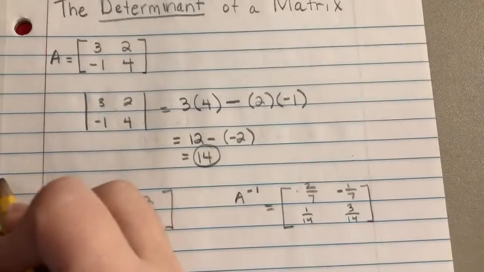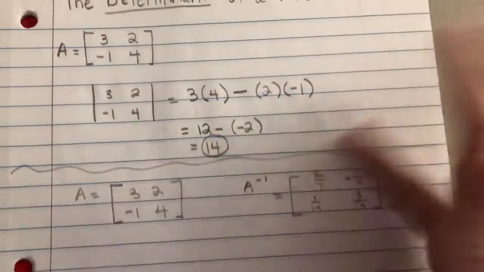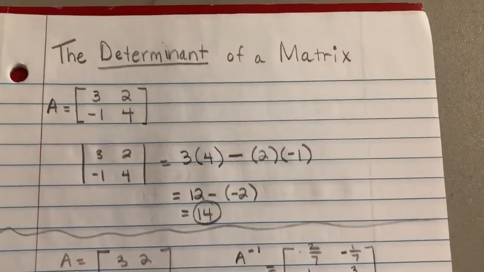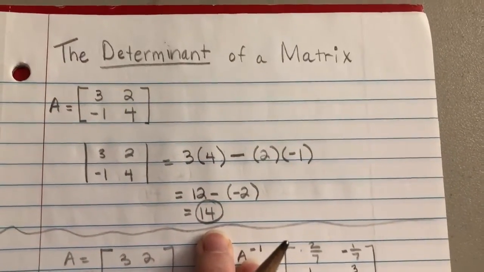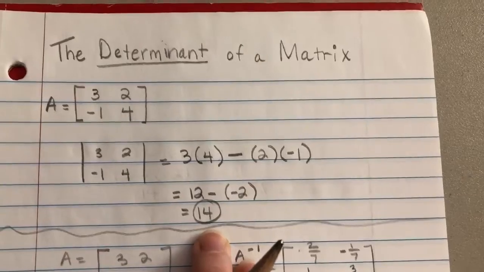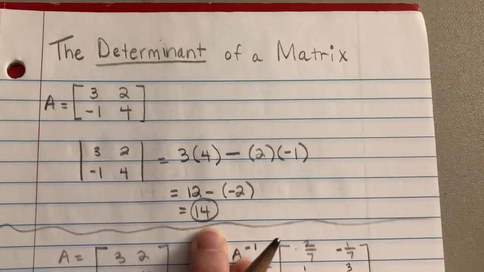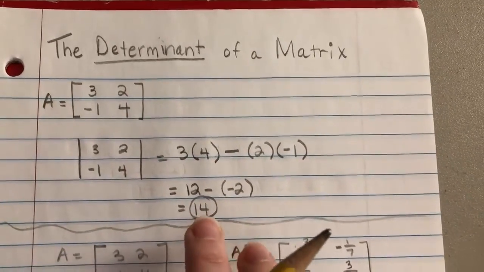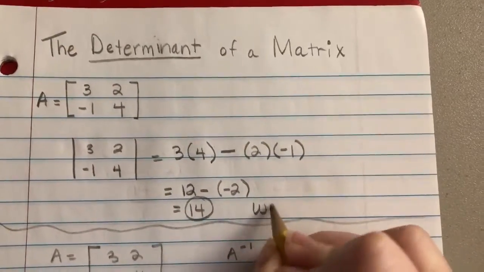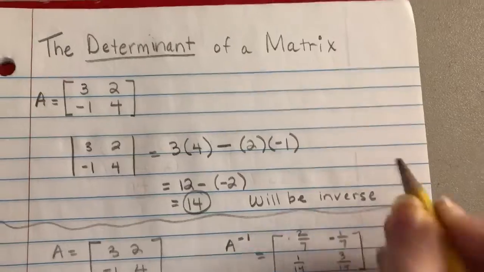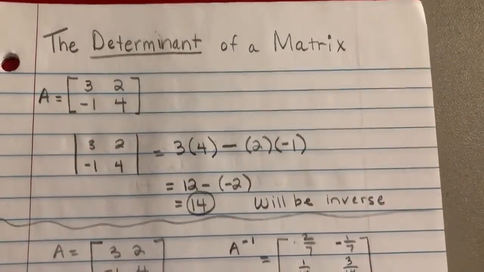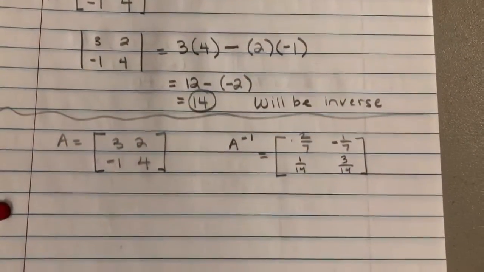Now, I want to show you guys how the determinant relates to the multiplicative inverse. Even though that's great, we see that because we're getting 14, it's not 0. Remember that if the determinant is 0, that means that there is no inverse. But because it's a number other than 0, that means there will be an inverse, which hopefully you would know because we found it in the other video if you watched it. So there will be an inverse, and I'm just writing down what we had gotten from the inverse